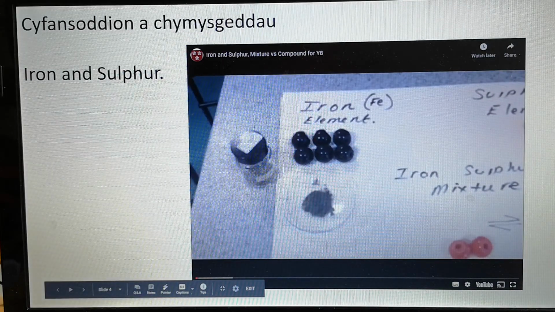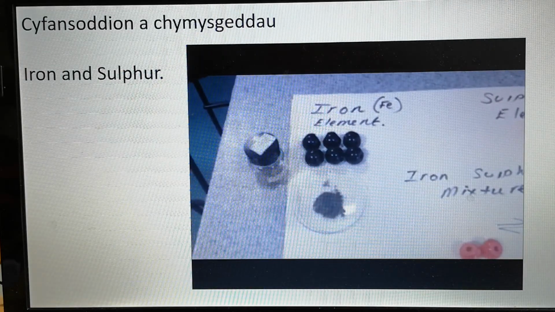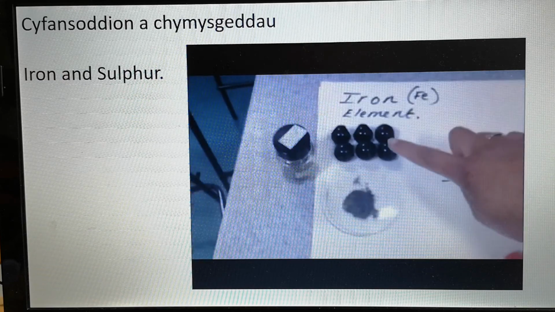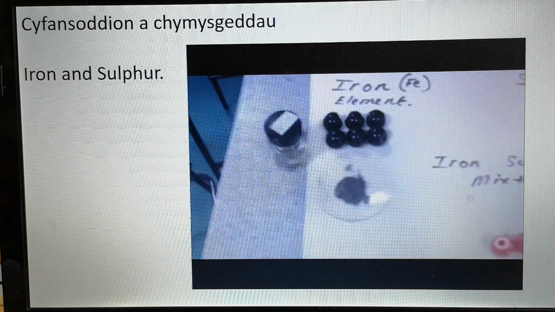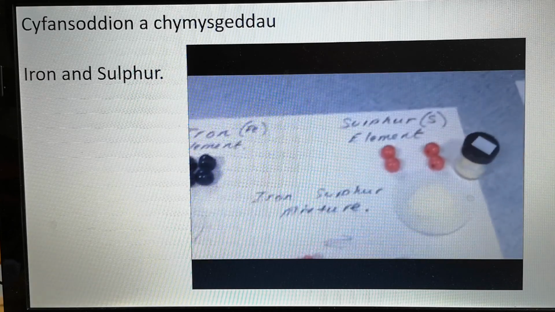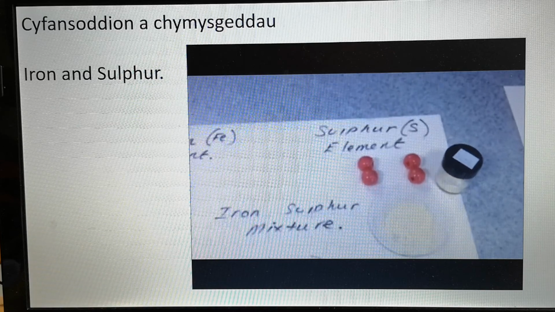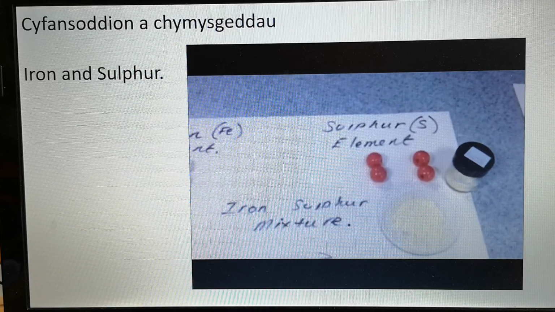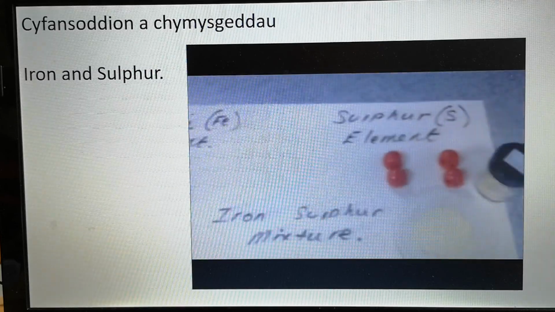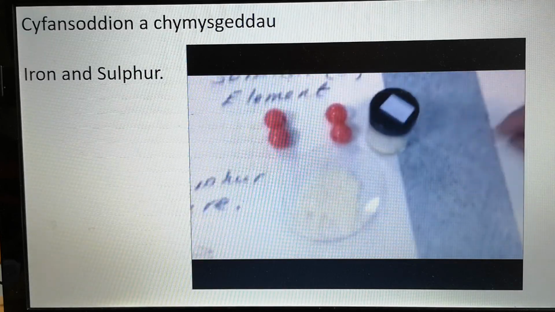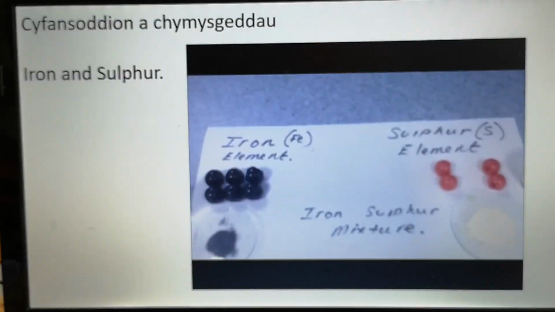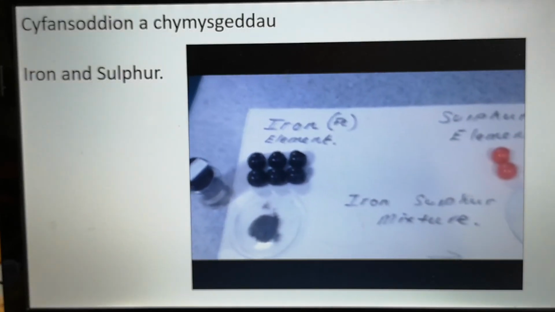Hi Year 8, this lesson we're looking at an example of elements, mixtures and compounds. So I've got some iron represented by the black mollymods. Okay, so that's my element of iron, and I've got some red mollymods to represent sulfur. Iron is a metal, so there's fine iron filings there, and sulfur is a non-metal, and it's this yellow powder. So if I took some sulfur and I mixed it with the iron to give us a mixture